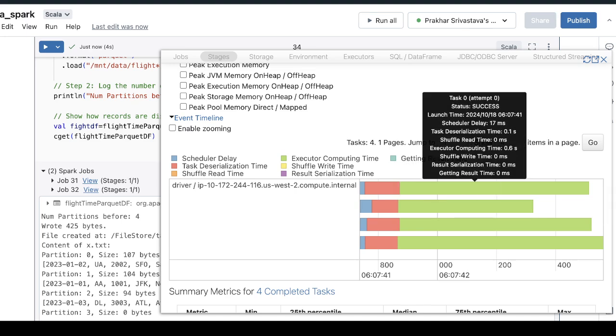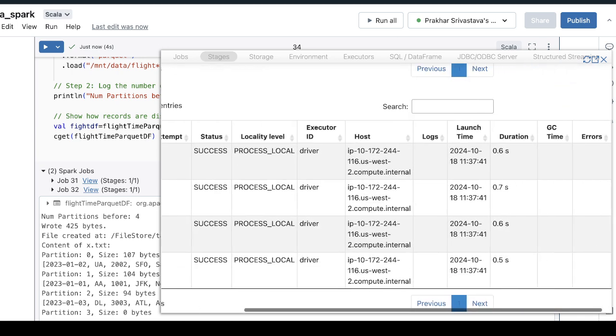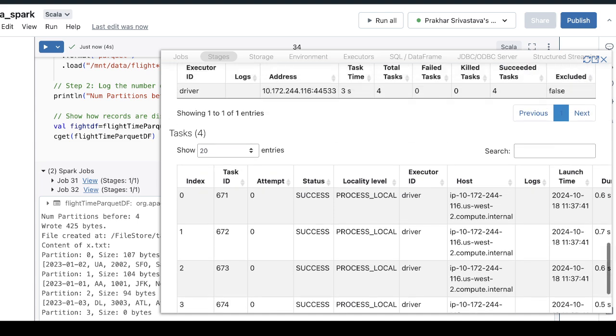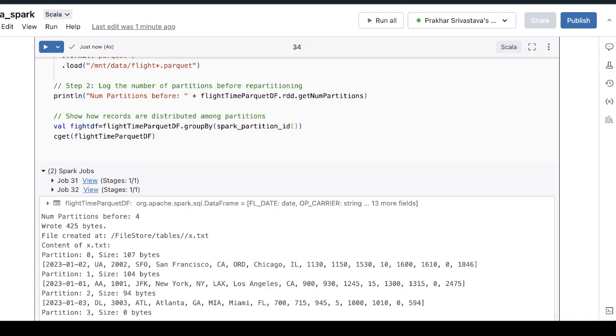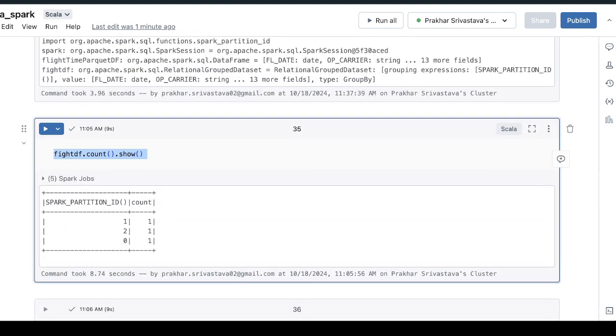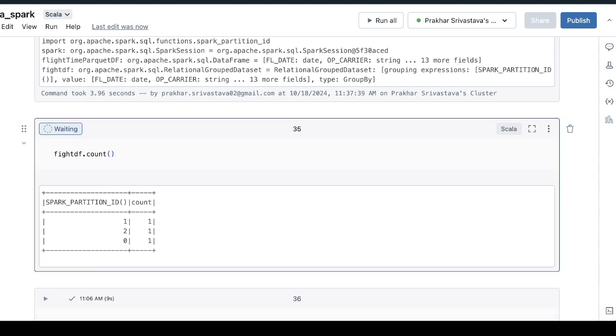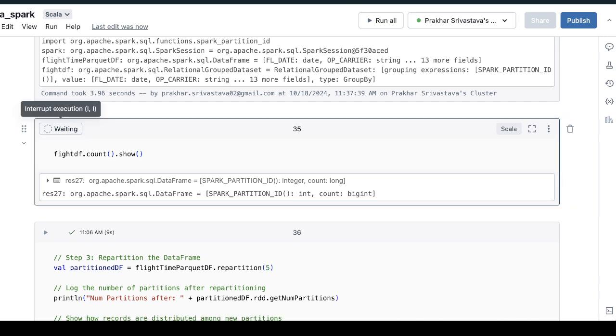So when read, because the deserialization happened, as you can see, there's nothing more happened because they were all already read. Nothing more happened. And when I do the count, let me show you. When I do the count, this is not an action. So to have that action, let me write the show,